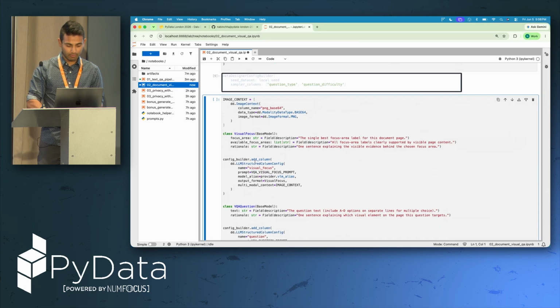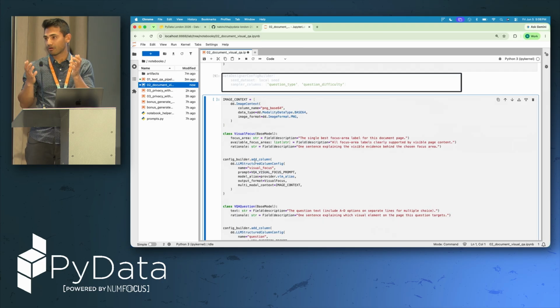But before that, what I want to focus on is one thing you'll want to think about when working with images and VLMs in general: there's a lot of information in images, and if you ask an LLM to do a lot of things at the same time, it's not going to give you the best result. Also, based on the task, you might find that a smaller model is actually quite fast and sufficient